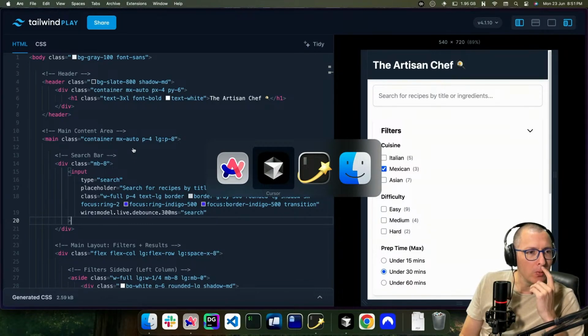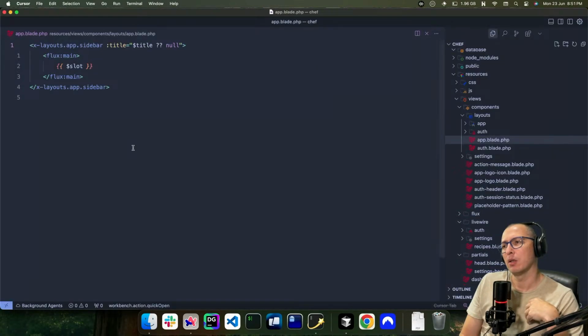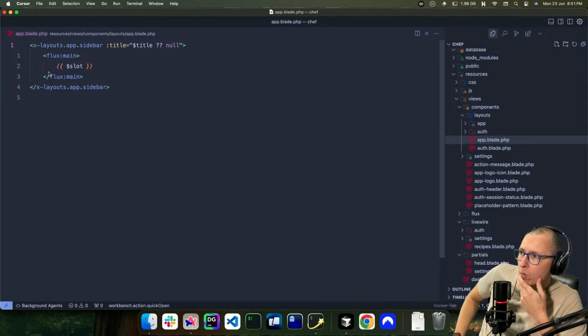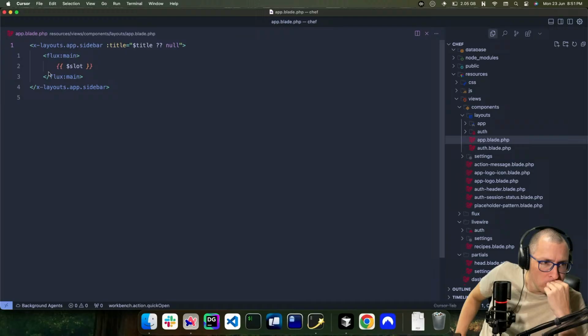No. By default, it's going to use this layout with a sidebar. I could create my own layout real quick.